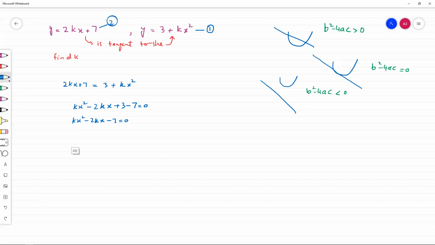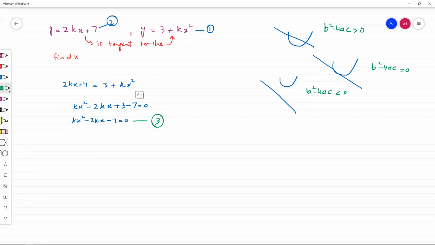If you look at this question, we have another parameter or constant k. Unless we find the value of k, we cannot find the intersection point of the line and the curve. So before this, we should find the value of k. So how do we find the value of k? This is called equation number 3. Equation number 1 is the curve, equation number 2 is the line, and equation number 3 we get by solving them